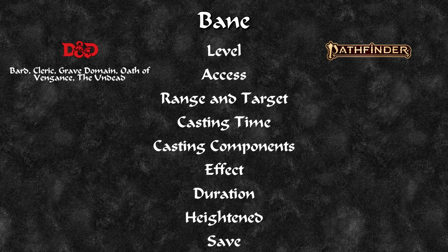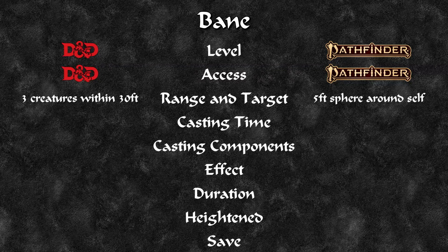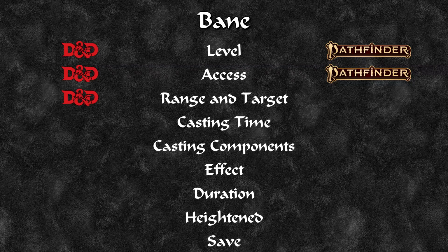For D&D, it is primarily a Bard and Cleric spell, with the Oath of the Vengeance Paladin and the Undead Warlock also having access to it. In Pathfinder, this is a Divine and Occult spell, pretty much the same, Occultic as Bard, Divine as Cleric, so I'm giving this also a draw. The range and target. For D&D, this is 3 creatures within 30 feet, whereas Pathfinder, this is a 5-foot sphere around the caster. I'm actually going to give this to D&D because if you're not a cleric that has heavy